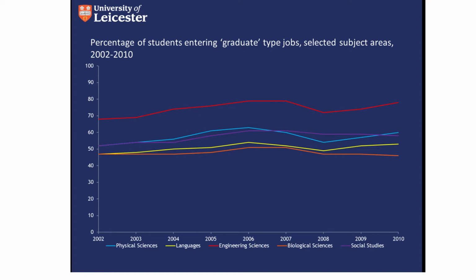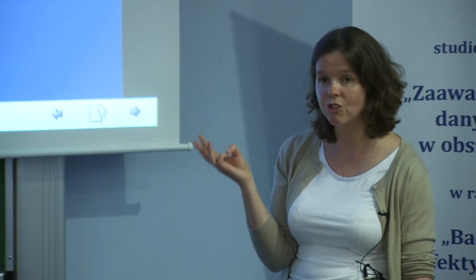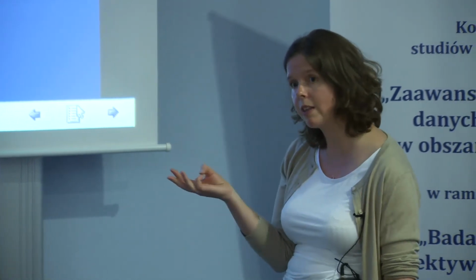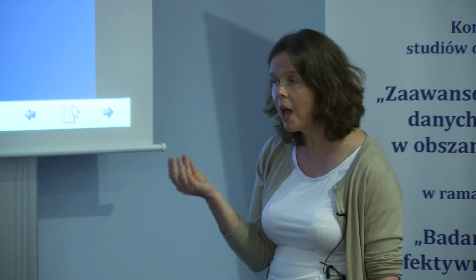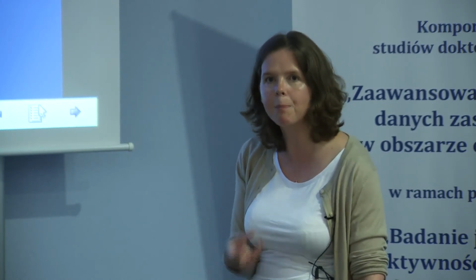So I appreciate that this topic may not be of a huge amount of interest to you, but it's quite an important topic in terms of policy and in terms of how we decide how to allocate our resources in education. But these graphs are quite interesting. They don't tell you the whole story, they tell you a part of a story. But the point that I want to make is that the numbers behind these are really easy to put together. This is not hard sums or stats or anything. So you can do some quite important, powerful work using relatively straightforward techniques and relatively straightforward data. I mean, that's the key point that I want to make.